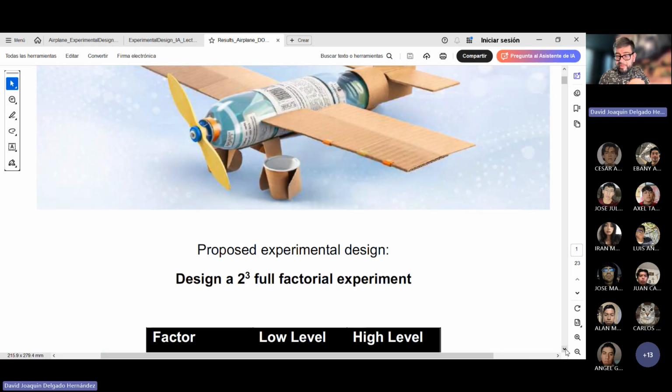So we will have to design a 2 to the third power full factorial experiment. That will be the correct strategy. Don't worry about not understanding what this means. I am just going to show you the big picture, and then during all the term